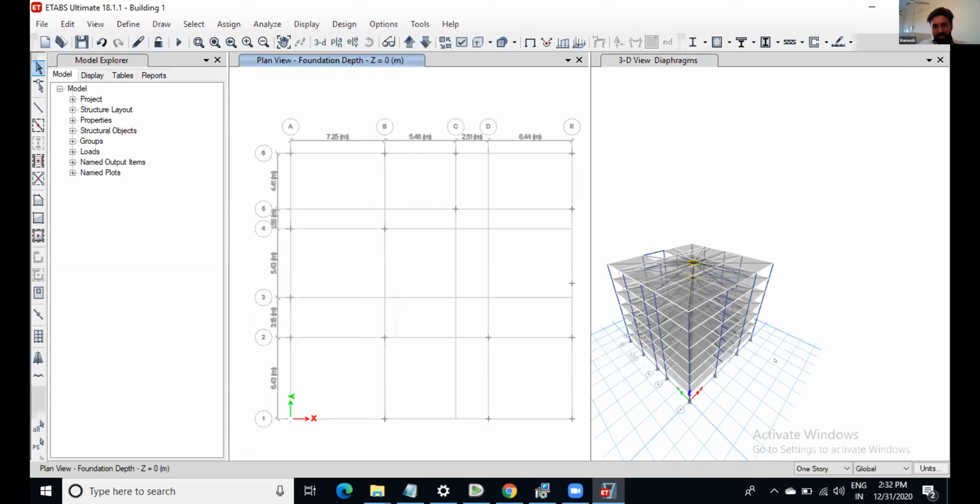Let me share a whiteboard over here and let you explain you what exactly is use of this diaphragm. Shall I stop my sharing, sir?